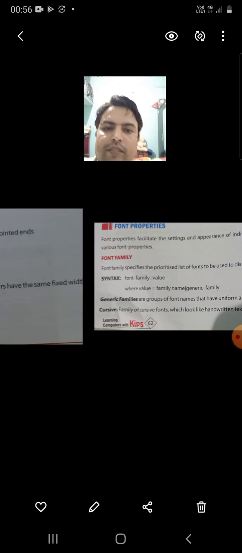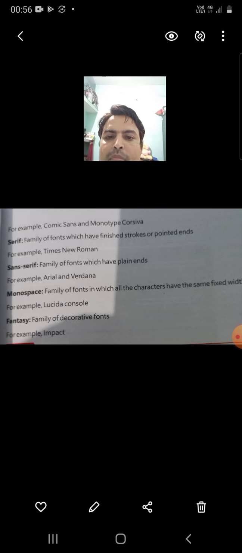Here family name may be Times New Roman, Arial, etc. Generic families are groups of font names that have uniform appearances. The cursive family of fonts look like handwritten text. For example, Comic Sans and Monotype Corsiva.